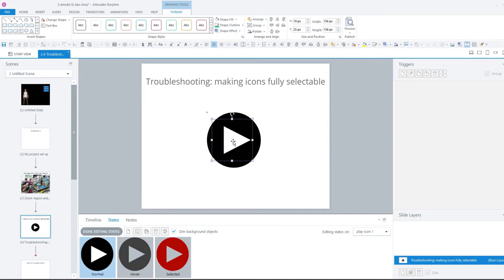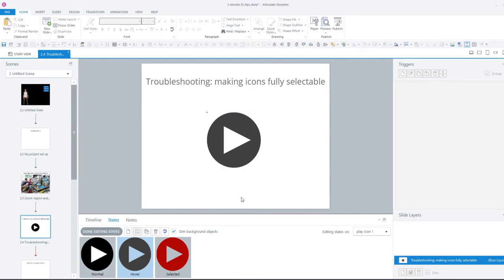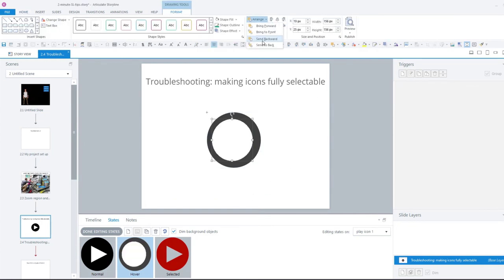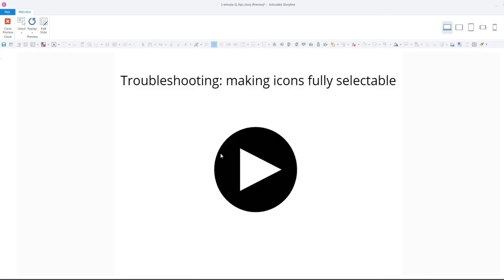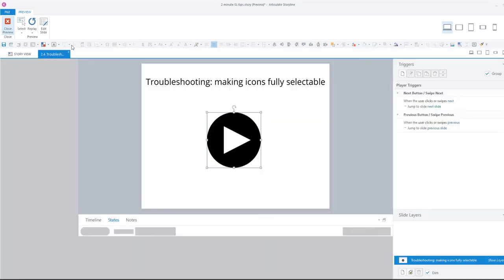color as the background. So if I copy that shape over to my other two states and also send them to the back like so, if we preview that, you'll see that the problem is resolved. Now the issue becomes if your background is not white, or at least not a solid color, that might be